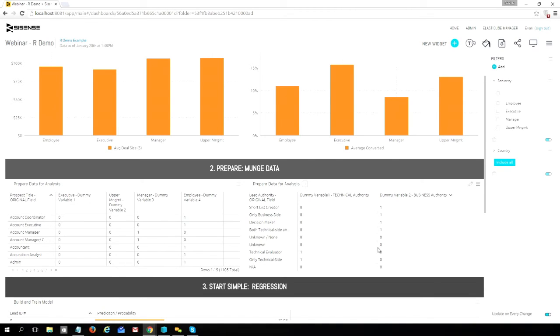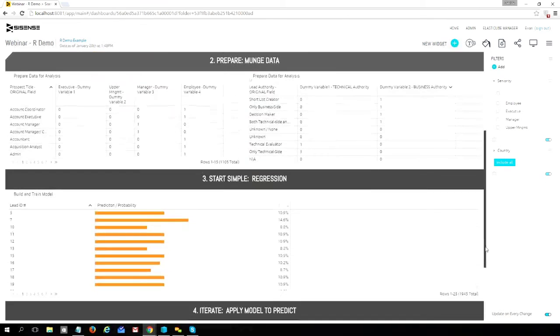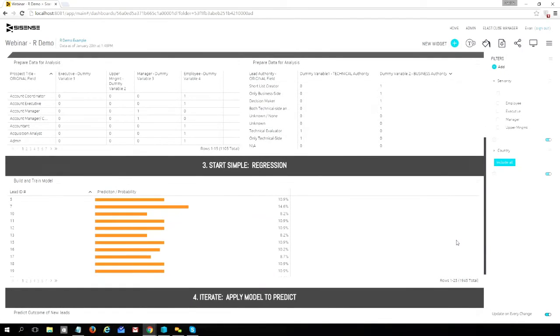Great. So now that we've got our data in shape and we're ready to start diving into our analysis, how do we start building a model? I'm just going to scroll down to the next stage over here with the regression, and perhaps, Jared, you can tell us, how do we start building these models and take it from there?